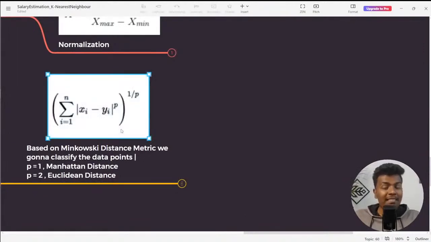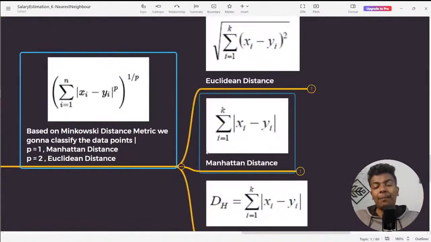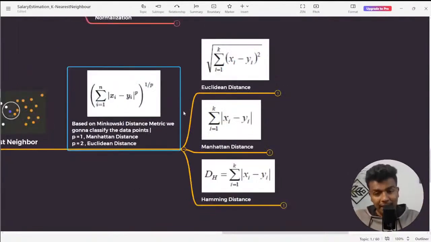So this is the formula. As I've already told you, we are not going to cover the complete mathematics behind it, because now we are on the journey of feeling comfortable with machine learning and AI programs. Later we can move on to the mathematical part. Now we are just learning how the algorithm works and its equation in a basic manner. This is the equation of the Minkowski distance metric, where if you substitute p equals 1, it applies the Manhattan distance formula, whereas if you substitute p equals 2, it applies the Euclidean distance.